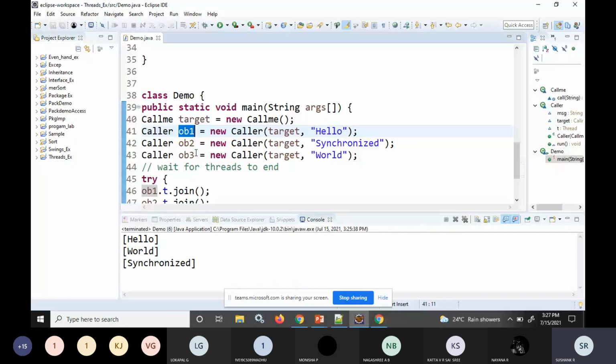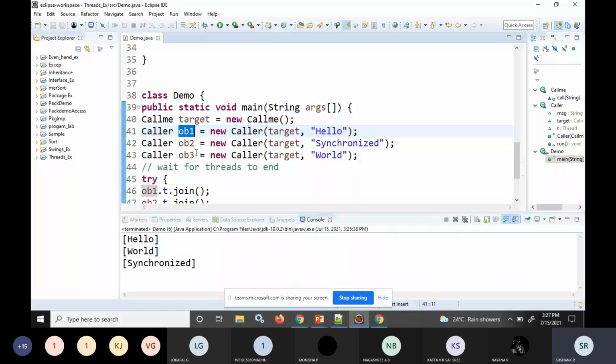So what is a synchronized statement or synchronized block? We just need to make one small change inside the run method, which is the one calling the object. I should create a block here, a synchronized block. So synchronized of target, where the target is the one being called, followed by the opening and closing of the block. Like this, by using the synchronized block, you can achieve this mechanism. I'll save this and build this.